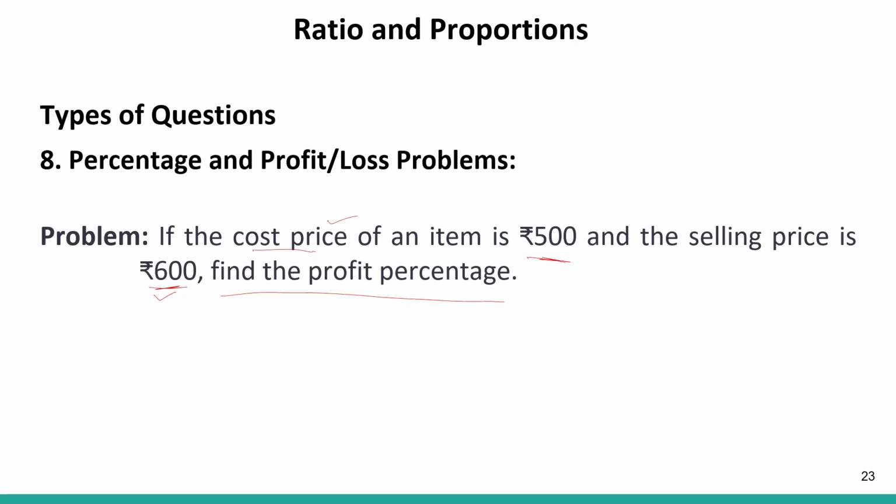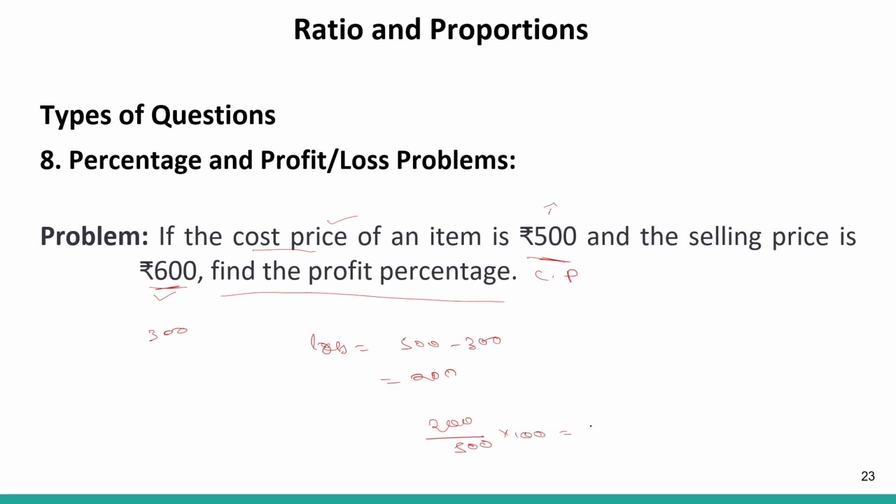Okay, let's say you have an item whose cost price, its CP, is 500, but its selling price is 300. You want to calculate the loss percentage. So what you do, you calculate the loss. So loss is equal to what? 500 minus 300 is equal to 200. Then you need to calculate how much is the loss percentage. So loss percentage will be 200 by 500 into 100.